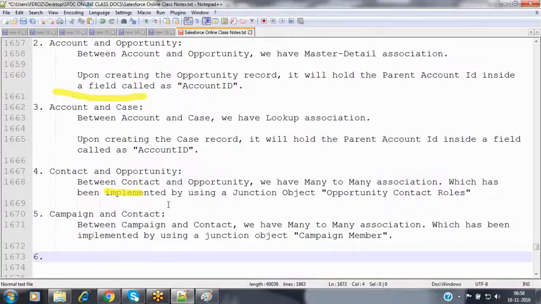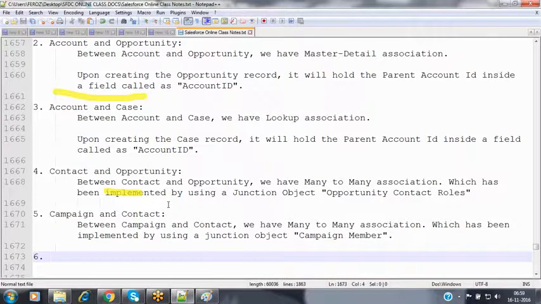Feroz, this information we can view in the schema builder, right? If we pull those two, we can get the junction object also, or do we need to know all this? No, you can't get this information from the schema builder, because schema builder won't present all the standard objects in Salesforce. It will present only a few objects to you. Oh, okay. That's why, from the interview point of view, these kinds of questions they will raise, which we have to analyze in the Salesforce application. Salesforce is not giving all the information inside the schema builder. Only a few objects are present.